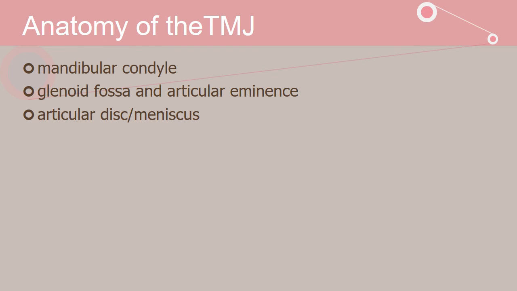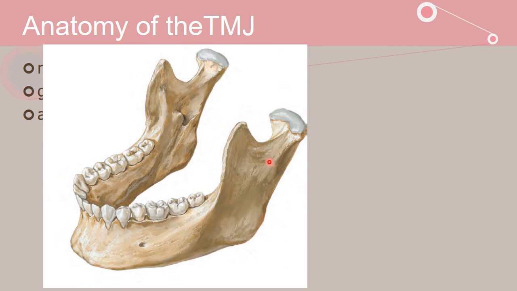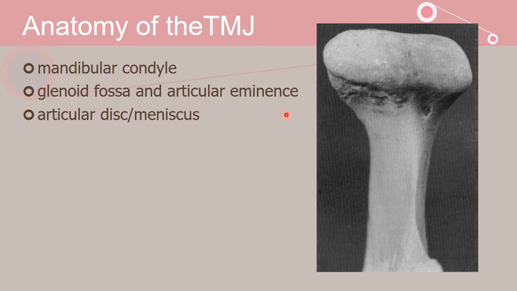So these are the structures that form the temporomandibular joint. In the mandible, only the mandibular condyle forms part of the TMJ. The mandibular condyle is rounded from front to back and from side to side. It is shaped into a knob-like form in order to fit into the concave fossa on the base of the